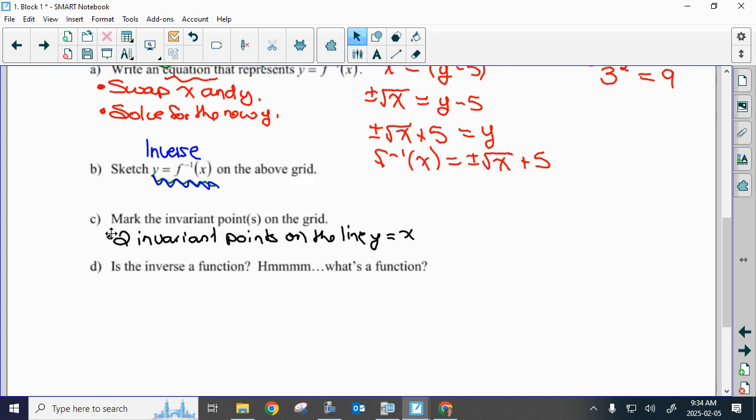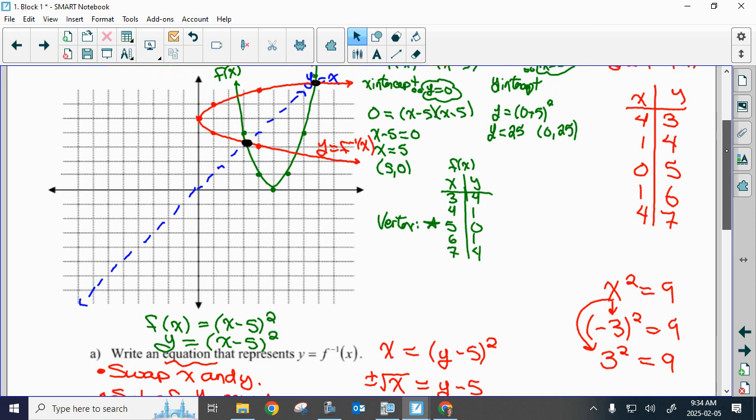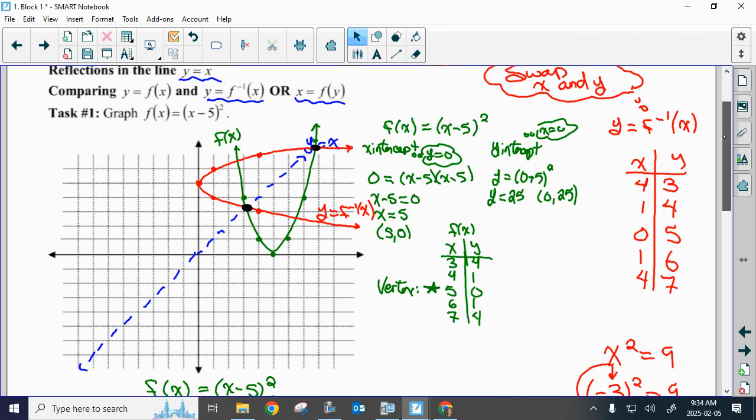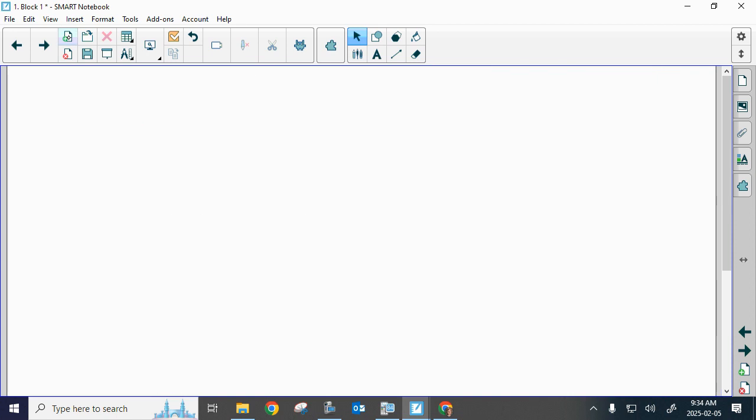Okay, so here's the big question that comes up when we're dealing with inverse. In grade 10, you had a whole unit of study called relations and functions. Okay? And in grade 10, you had to decide, is it a function or is it not a function? Is it a relation? Do you guys remember what rule or what strategy you guys used to determine if something was a function or not? So we're going to get back to that question, but I'm going to review some grade 10 with you guys. Okay, so